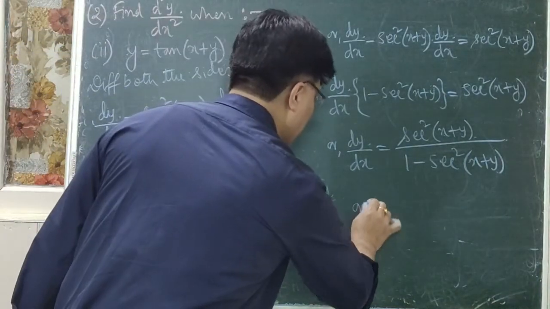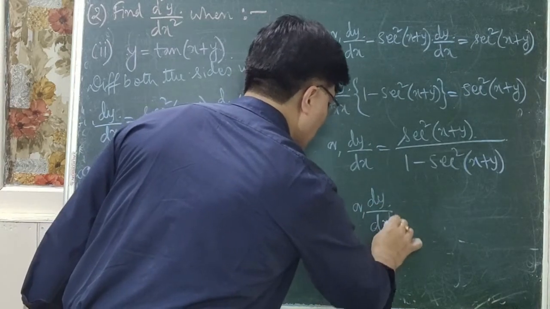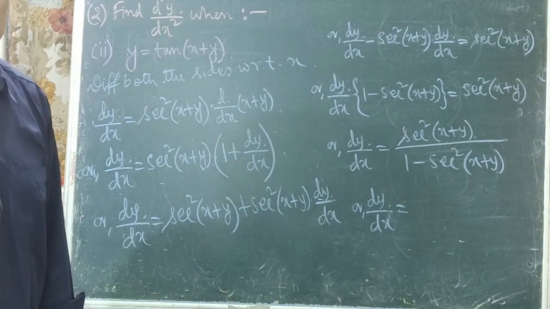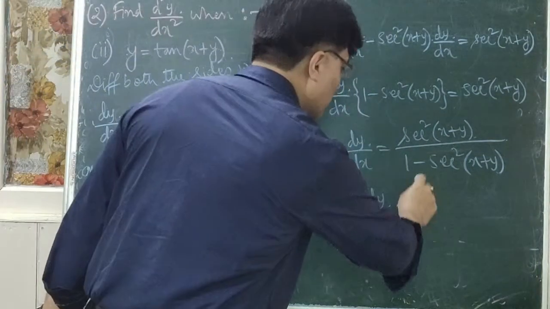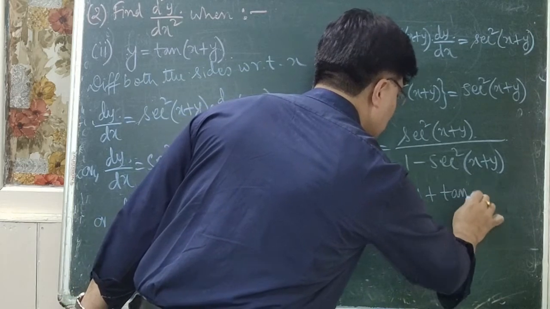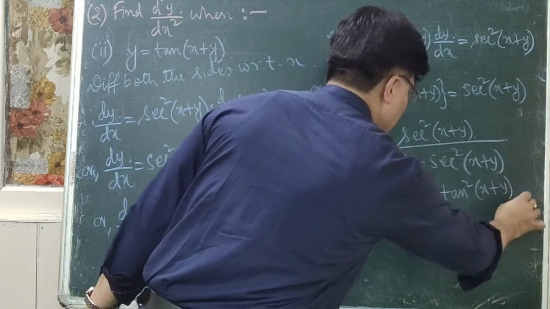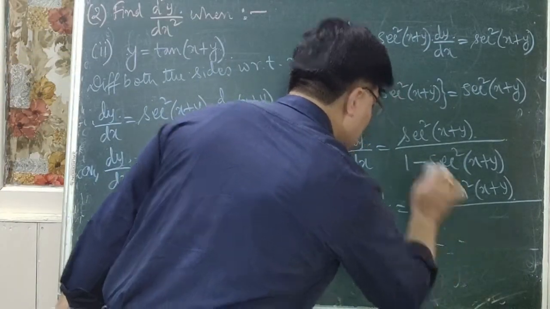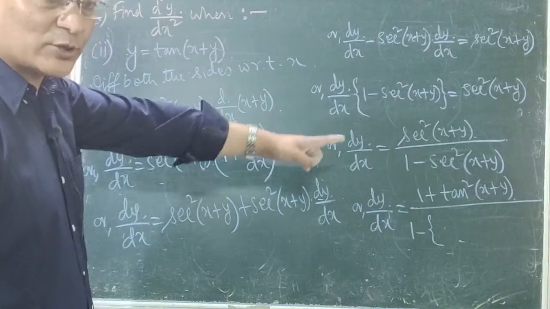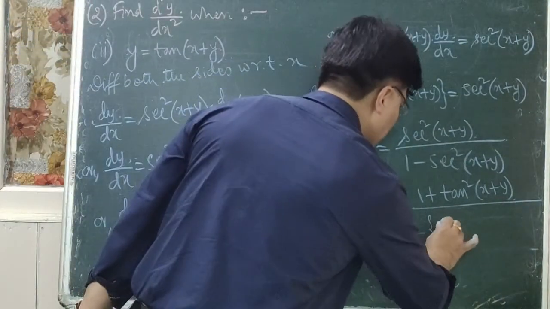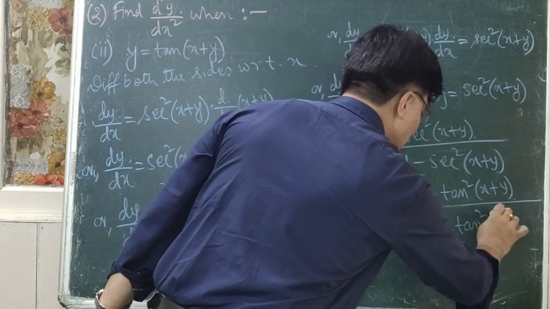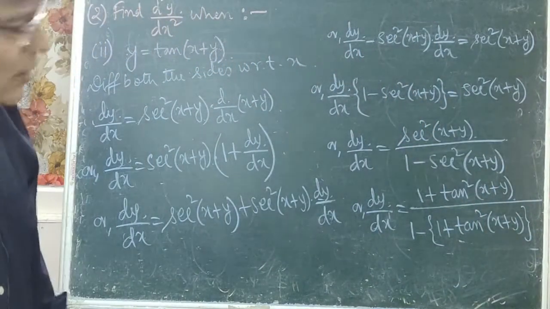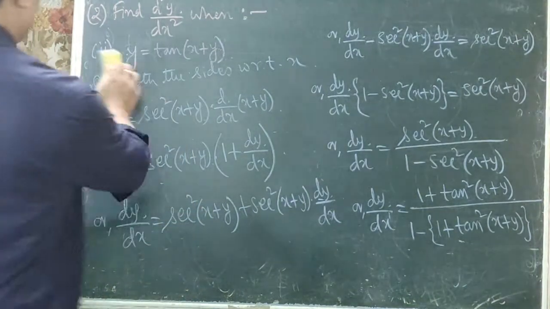So dy by dx is equal to, what is sec square x actually? 1 plus tan square x. You know this formula, isn't it? What is sec square x plus y? 1 plus tan square x plus y, whole divided by, similarly 1 minus, within the second bracket, again this is your sec square x plus y. You can use the same formula, 1 plus tan square x plus y. So I think you have understood it. Okay, next,